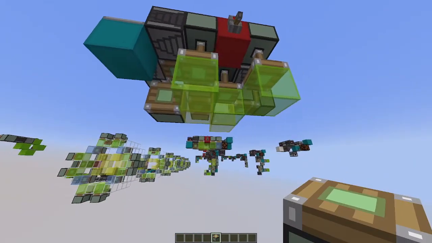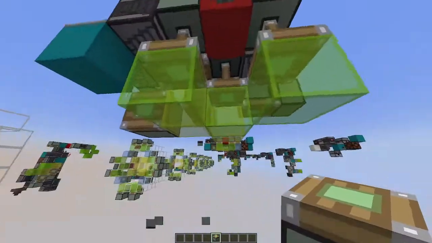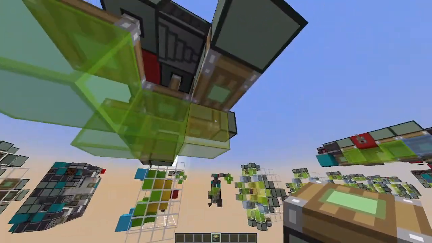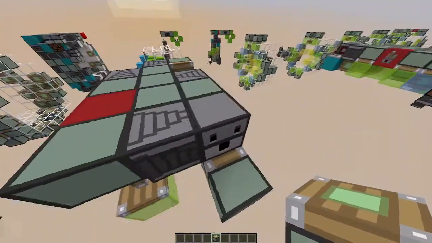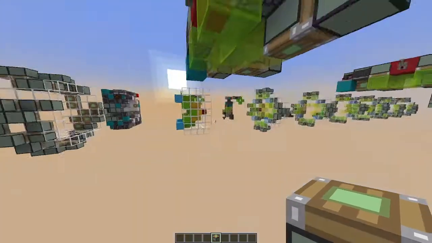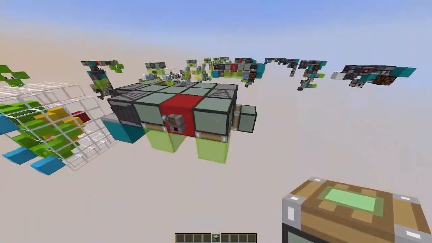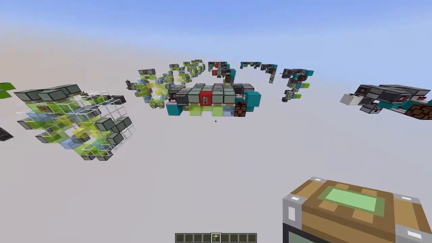So the working principle is very simple. This goes down, and then this goes down. These three automatically go down. This will go down due to powering this piston from this observer through this dropper. So yeah, like this. And that's actually the first part explained. And next we are going to go on to